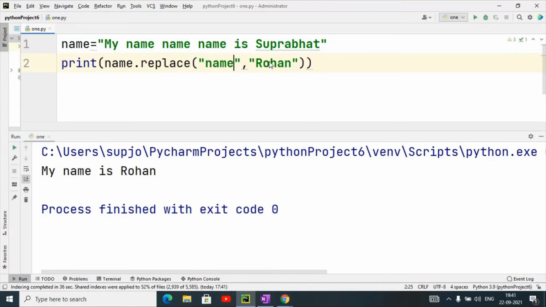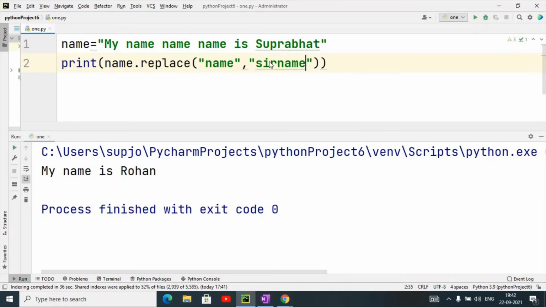I want to replace this name with a particular substring. Please watch carefully how it is specially used. Suppose I have given my surname here.